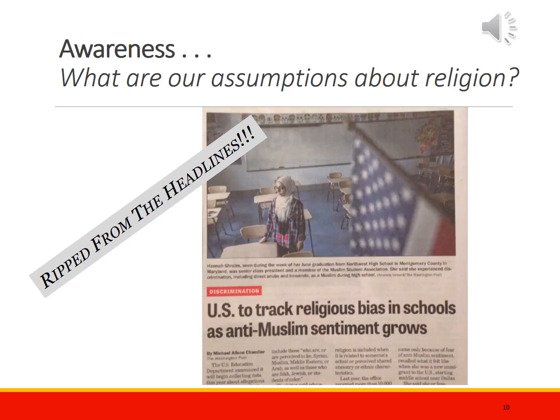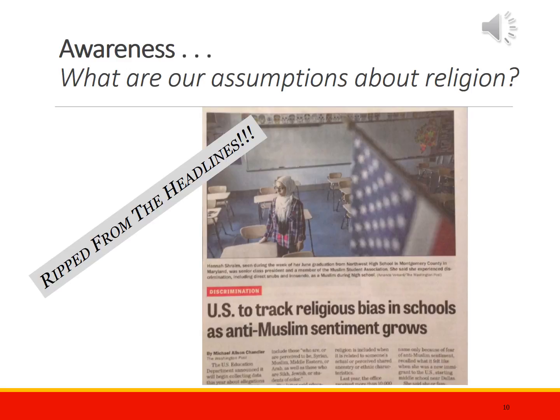So how about our assumptions regarding religion? The Washington Post reports the U.S. Department of Education announced it will be collecting data this year about allegations of discrimination or bullying of students based on their religion, bringing new attention to what educators and advocates call a growing problem in public schools, particularly for Muslim students. The Washington Post continues that the impact of the terrorist attacks in Paris, San Bernardino, and Orlando